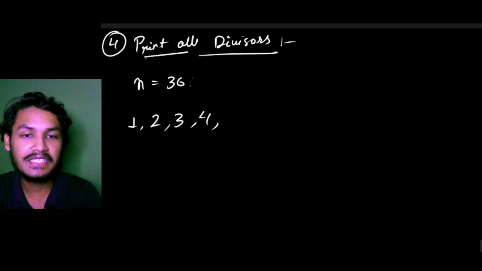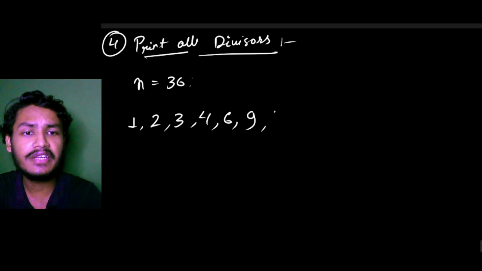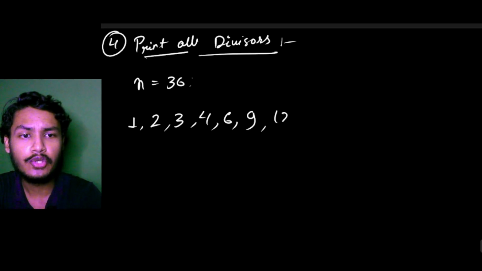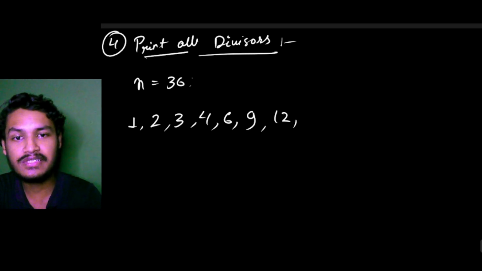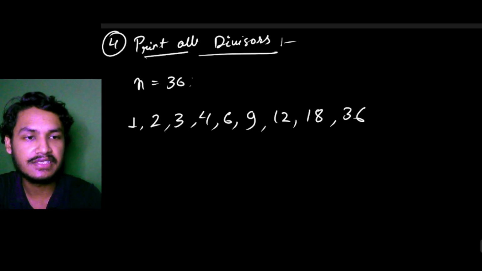number, 4 9s are 36, 5 cannot, 6 can divide this number, 6 6s are 36, 7 cannot, 8 cannot, 9 yes, 9 4s are 36, and then 10 cannot, 11 cannot, 12 can divide this number completely, 12 3s are 36. Alright, 13 cannot, 14 cannot, 15 cannot, 16 cannot, 17 cannot, 18 can divide this number, 18 2s are 36, and then 36 can divide this number.